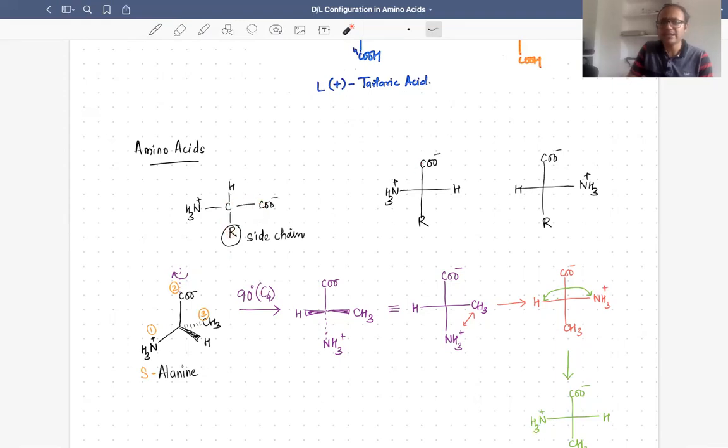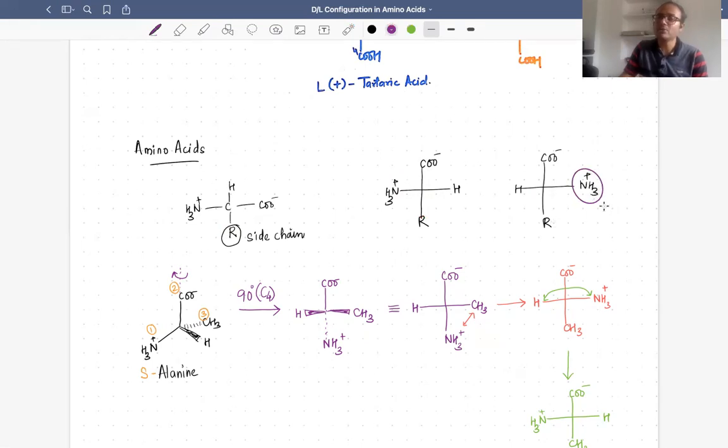So the carbon chain, again, as we did previously, you keep on the vertical bond, and the COOH group would be the first priority, so it would be at the top. The side chain would be at the bottom of the vertical bond. Then amino and hydrogen would be placed like you place the hydrogen and hydroxyl in the glyceraldehyde molecule. You can remember it like this: instead of amino, it should be OH in the case of glyceraldehyde.